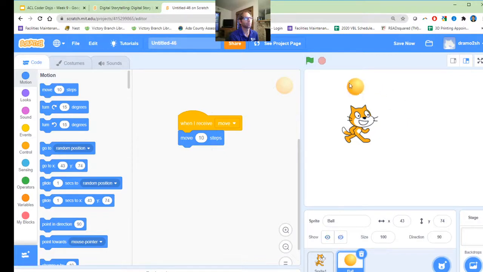I'm going to put the ball right over here so we can kind of notice if there's any movement going on. Okay, so the ball moved just a little bit there. I don't know if you saw it, but that was kind of short. Let's do a little bit longer here. Let's do 50 steps instead. Alright, so I'm going to click the green flag,